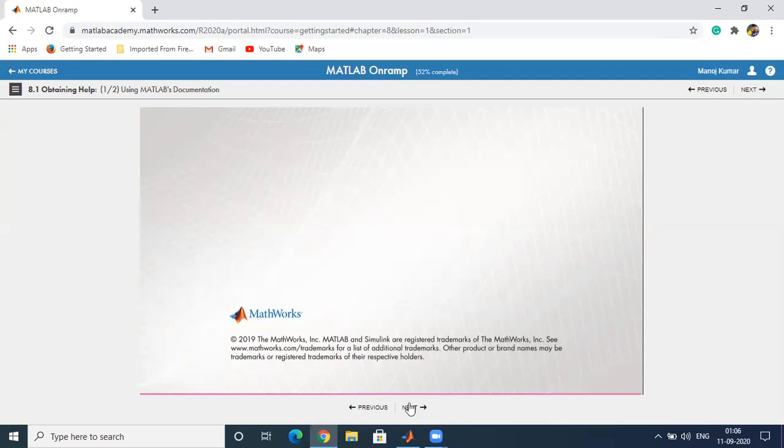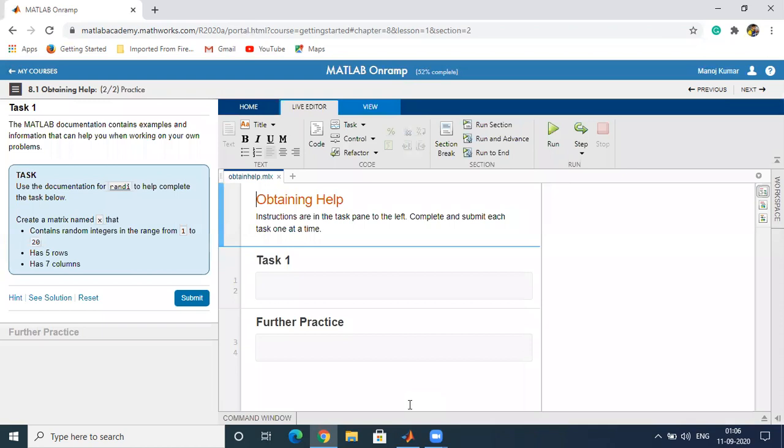Click on the next command. The MATLAB documentation contains examples and the information that can help you when working on your own problems.